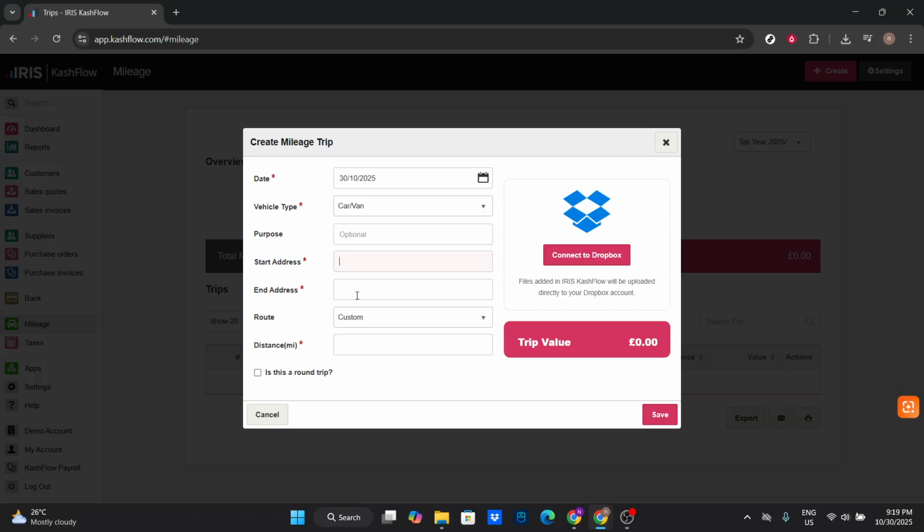Once you've input all the necessary information, it's time to review your entries. Make sure everything looks accurate before clicking the Finish button. This helps prevent any errors that might affect your mileage records down the line. After finishing, you can click on Create to finalize the addition of your trip. Now designate the vehicle type you are using for